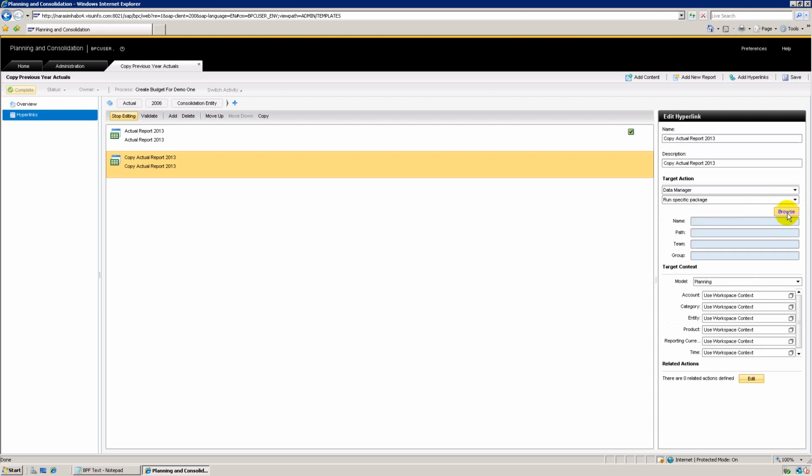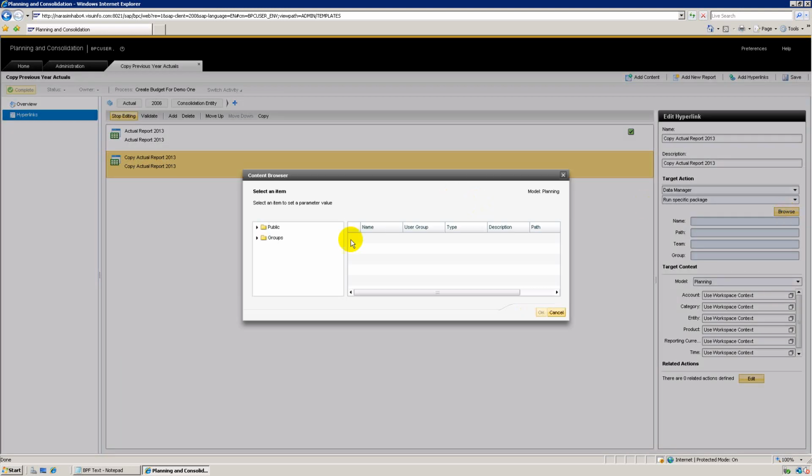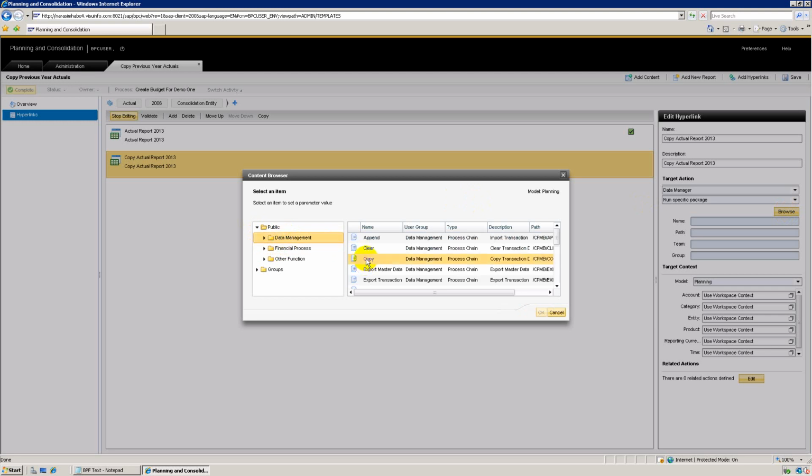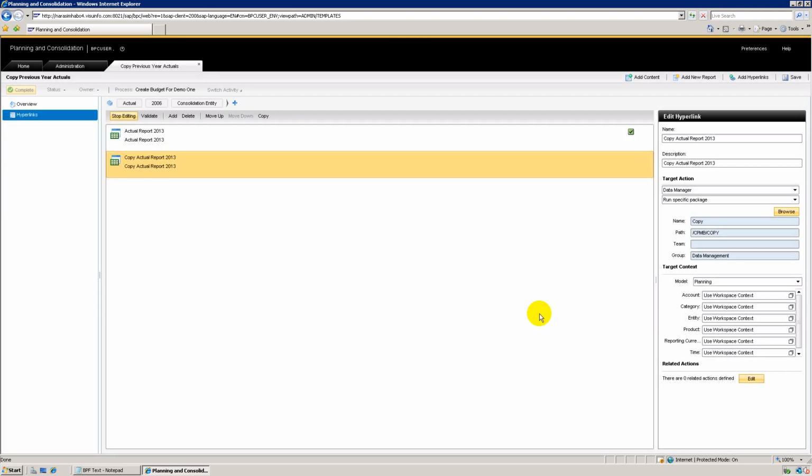So we have to choose the package, and it is the copy package. So it's data management, so it will be under data management. So I choose copy, and the process chain, it's actually a copy process chain which will be selected, and so